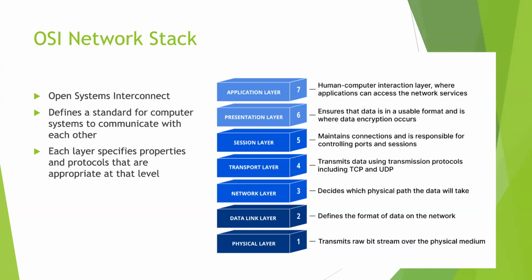The session layer is responsible for defining how different programs or different pieces of software figure out who to talk to, because you might have more than one server or client on a given machine. The session layer helps decide what goes where, okay? And then the presentation layer makes sure that that information is the information that you want to see. And then finally, the application layer at the top is where the applications live to access those services, okay?